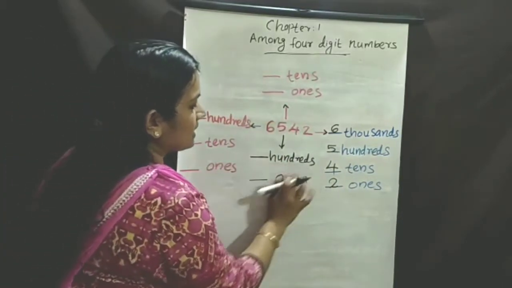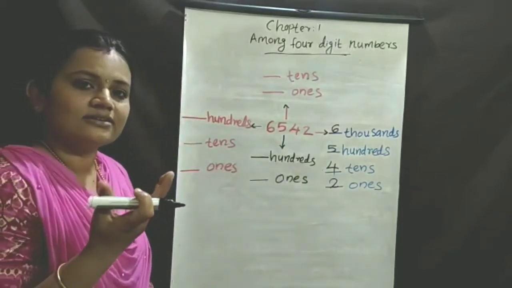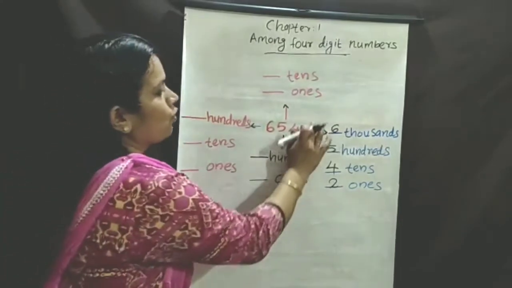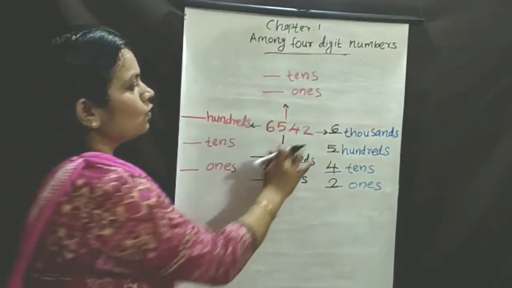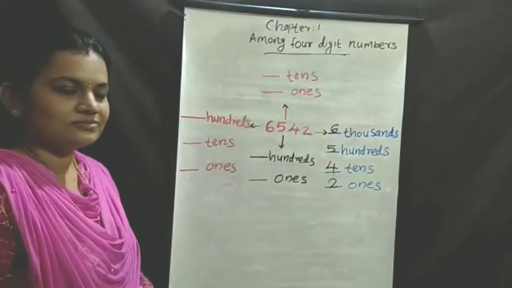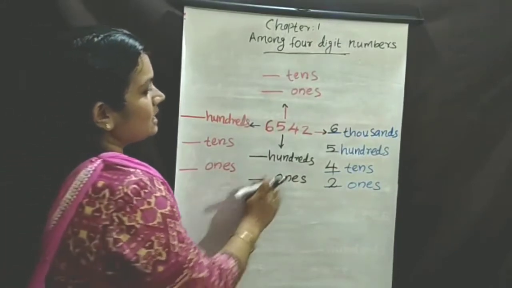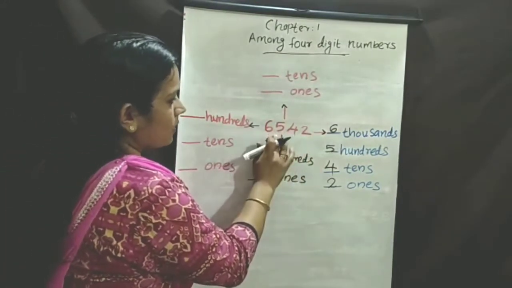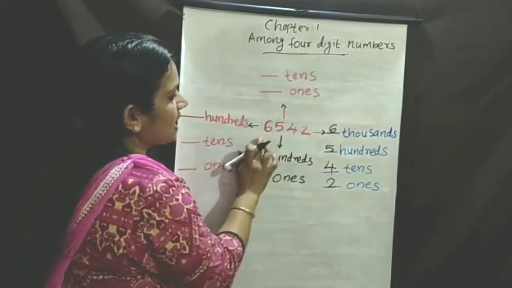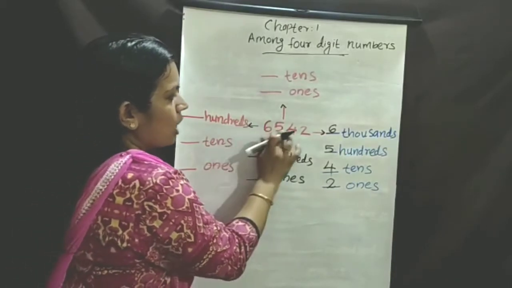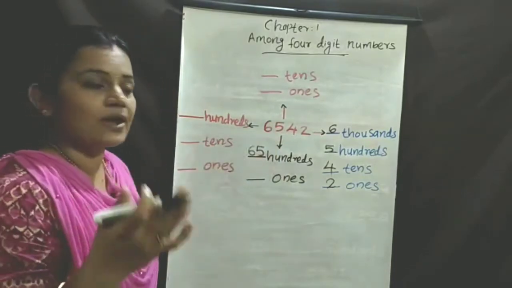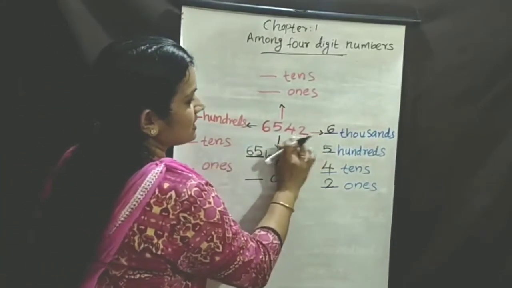Okay. This is only given hundreds and ones. How to write that? You already know 2 ones. Okay, 2 ones. Then 2 ones, 4 tens, 500, 6,000. Then hundreds, what is this? This is 100. 1,000, 100. Now how many hundreds? 6,500.